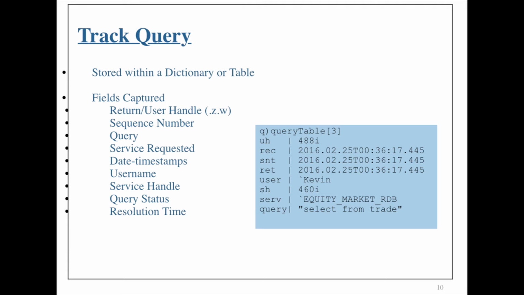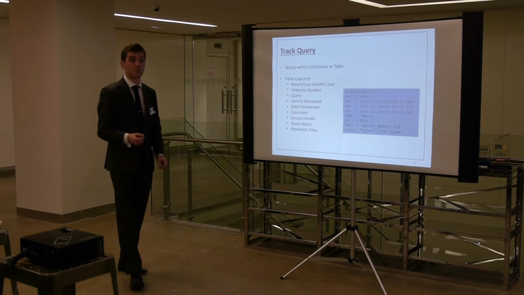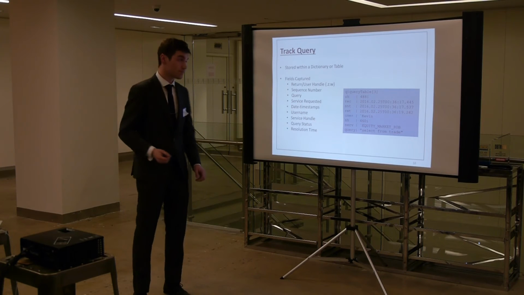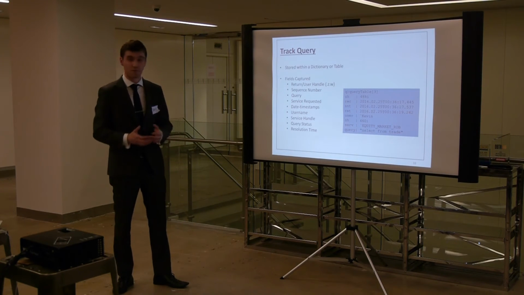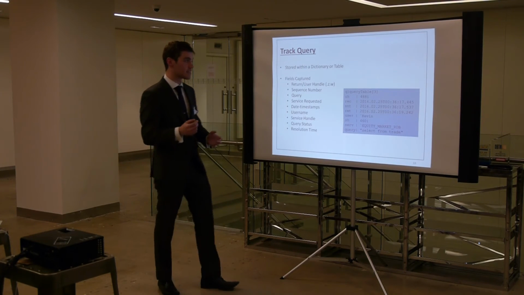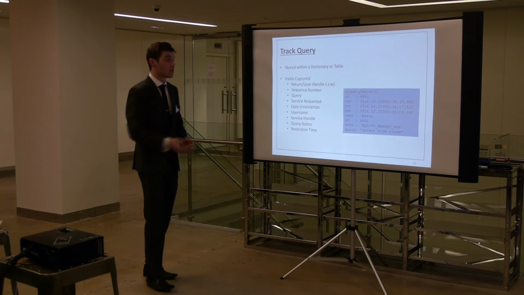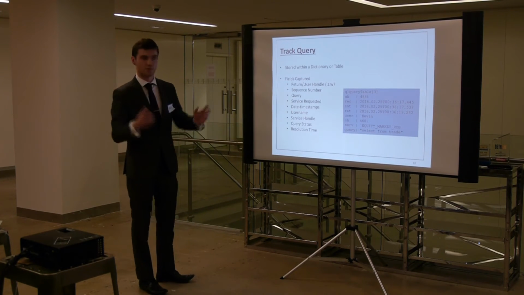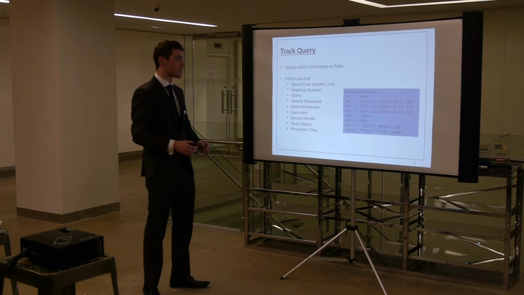Now to track the query, as I mentioned, the gateway will store all of that data in a table, let's call it a query table. It's a keyed table based on the sequence number that's been allocated to that user. So the sequence number is unique. It's the key, and we can select any of the data from the query table by giving it that sequence number. So for example, I give it the sequence number 3, which I pre-prepared,